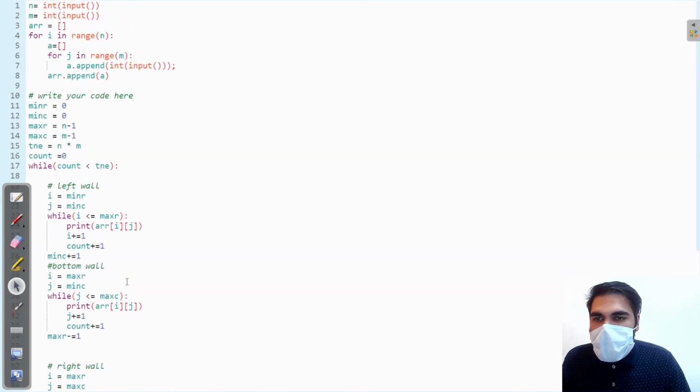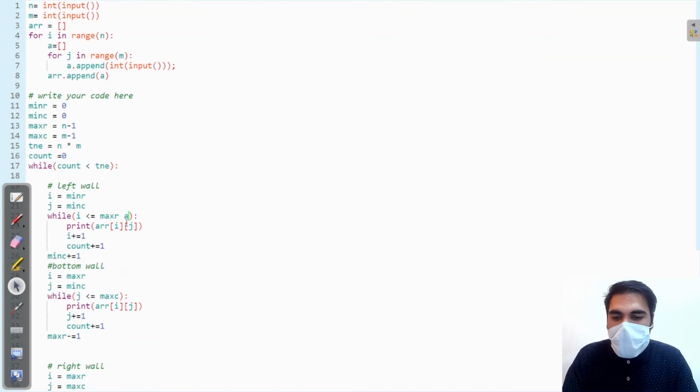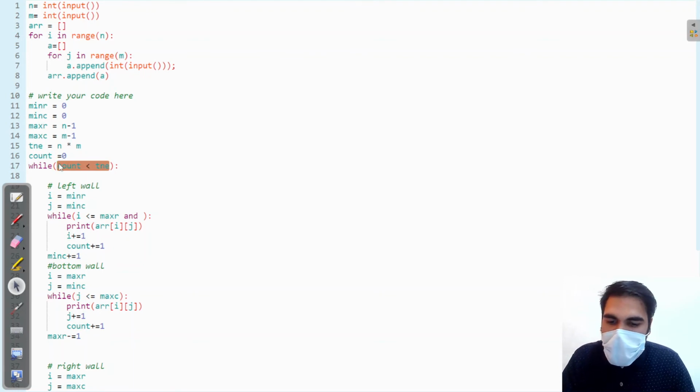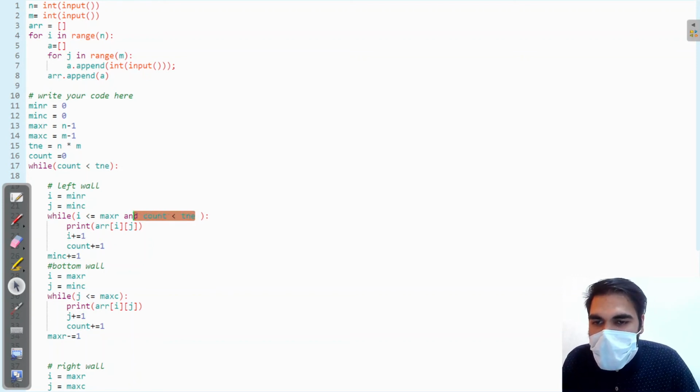Another condition is that you have to check in every wall that no duplicate element will be printed. For that you make this condition, copy it and check it in every wall.